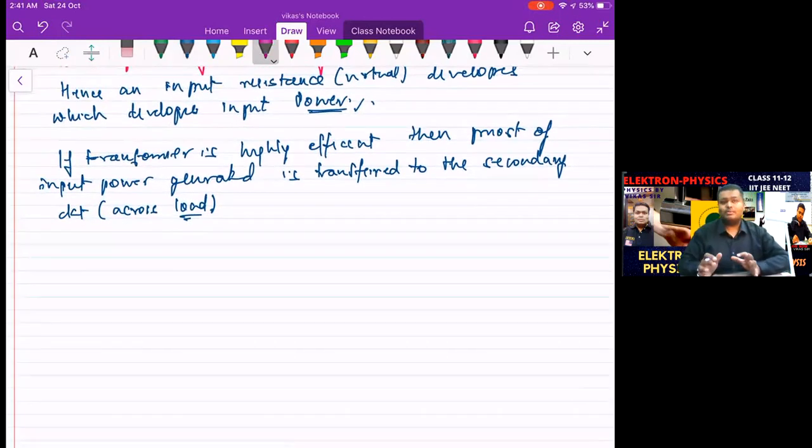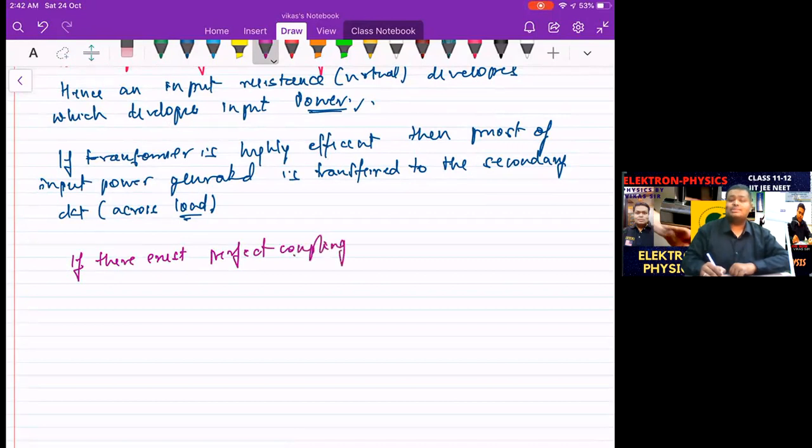Now, the whole idea comes to efficiency now, that this power is to be delivered efficiently. How to? So we say when you have a very strong coupling, which means perfect coupling. So if there exists perfect coupling, and assuming that the load is not so high, so that's another kind of an assumption, that the load is not very high, right? And there exists a perfect coupling. Then what happens? We say the efficiency is nearly 1. But what is efficiency basically? So efficiency nears 100%,